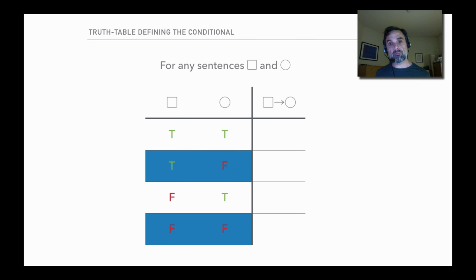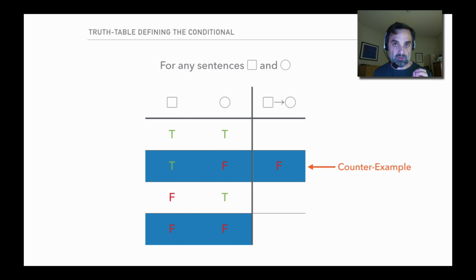So what does that mean? Well, we've decided that when the antecedent is true and the consequent is false, when box is true and circle is false, then the conditional is false. That's because there's a counterexample. But on the first row, where the antecedent is true and the consequent is true, that's not a counterexample row, and so the conditional is true. But what about the third row where the antecedent is false and the consequent is true? Is that a counterexample row? No. The counterexample row is the second row,